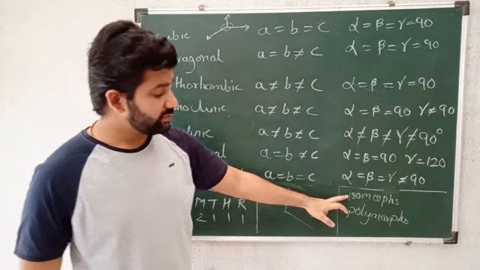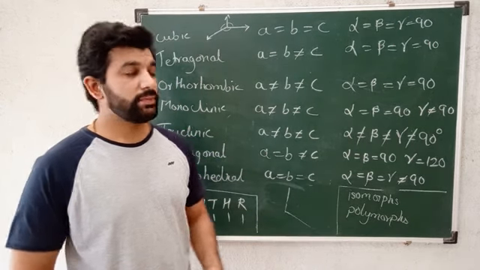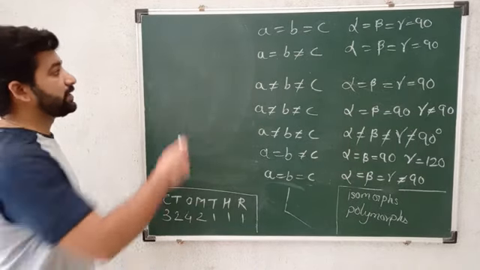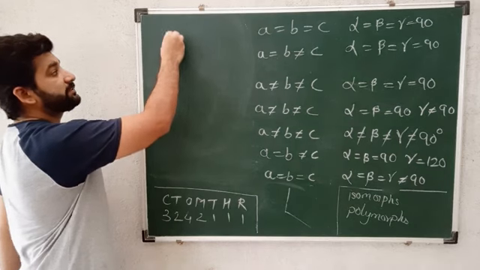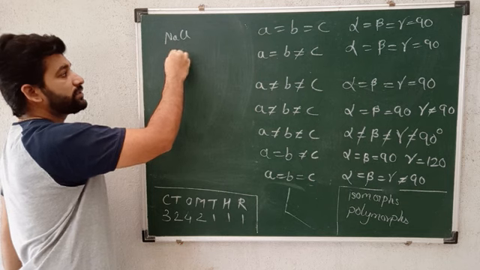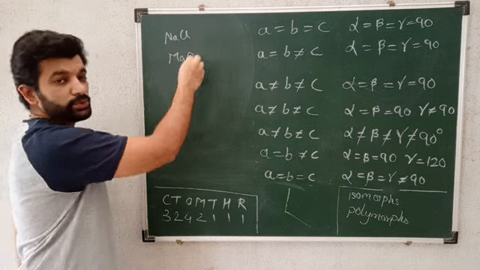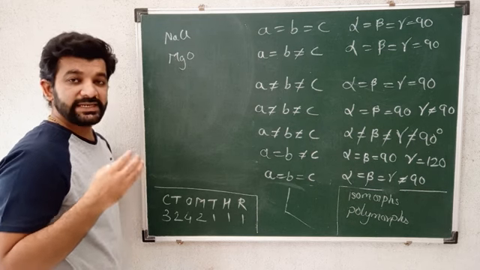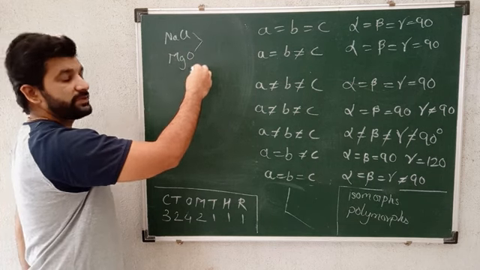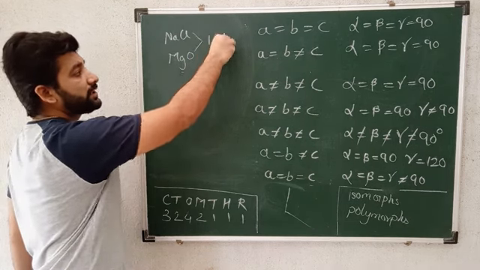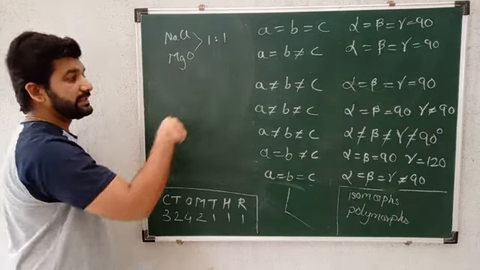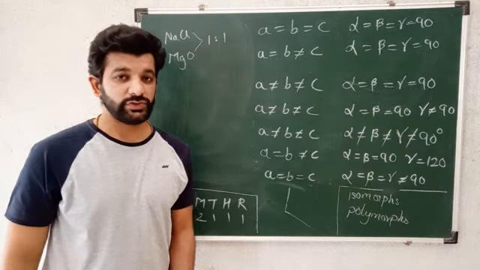Here I have written isomorphs and polymorphs. Isomorphs are different molecules having the same crystalline structure. For example, NaCl and MgO, magnesium oxide. These are two crystals which have the same crystalline unit or same crystalline shape. That's why these are known as isomorphs of each other, where their molecular ratio is also 1:1. Similarly, there can be two or more than two isomorphs present.